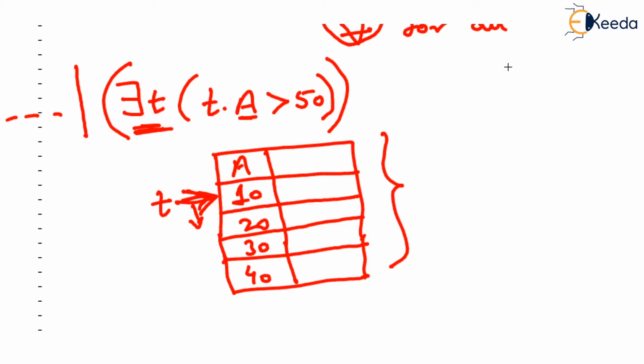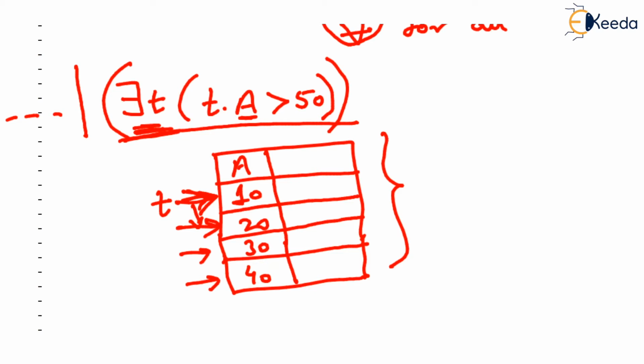That means this particular part of the condition will be false. But then how does TRC find out that this is false? Listen to this very carefully. TRC can announce that this is false only after inspecting all the columns. Just please try to understand this very clearly.